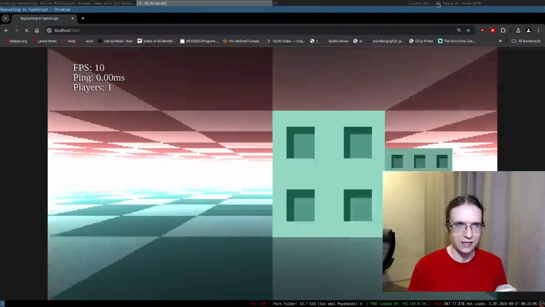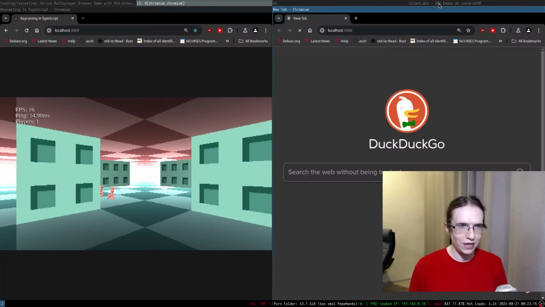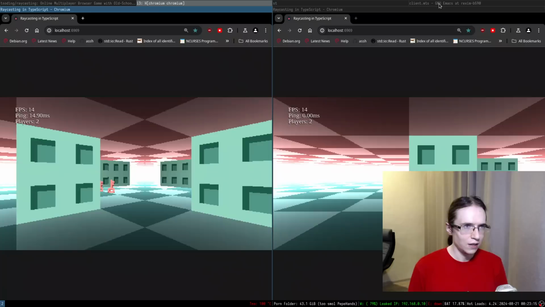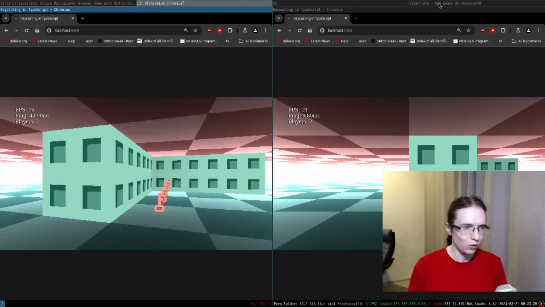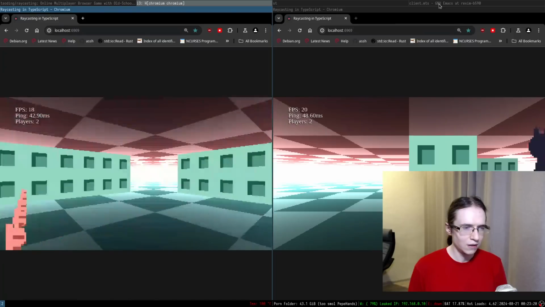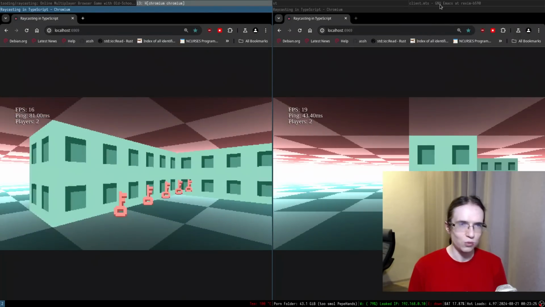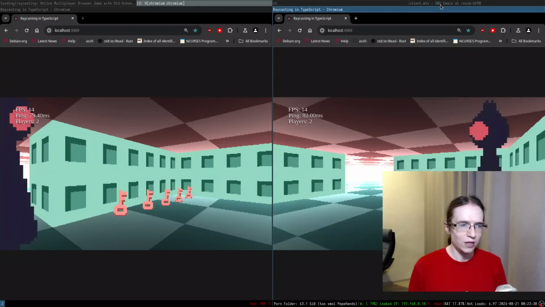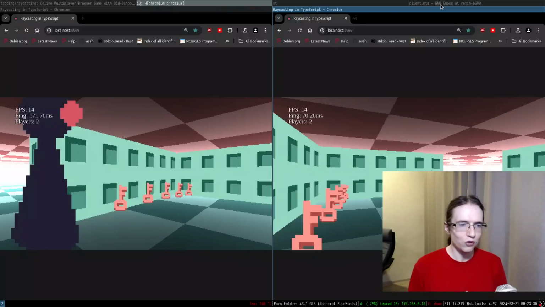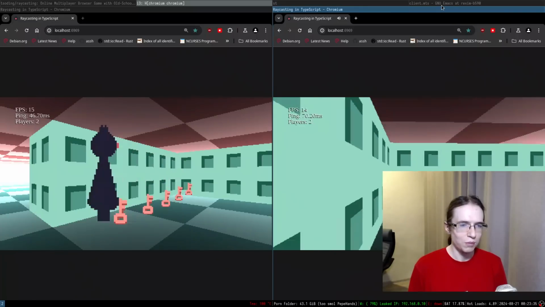So let's actually see. I think we can make it kind of work. Right, so I'm gonna put it in here. So as you can see, everyone kind of joined. And for this one, I kind of want to move the camera here so we can see all of this. All right, so I don't want to go too close to this one. I just want to see all of the keys. All right, so look at the left one. It appears, and collecting all of the items. But